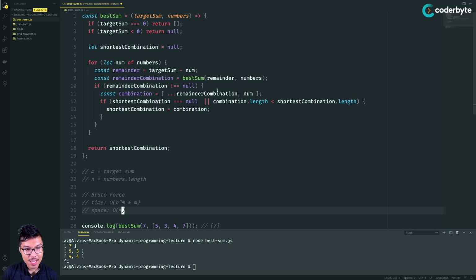But then we also have this variable on line 5, right? I know that over time, I'm going to be storing an array inside of this variable. And this array is going to be, in the worst case, m in length. So what I'm saying is every recursive call would have to have its own shortest combination variable. If the shortest combination variable is going to be an array of length m, that means I have an array of length m for every recursive call before I bottom out at my final base case. And so I'll say that the space complexity here is m times m,